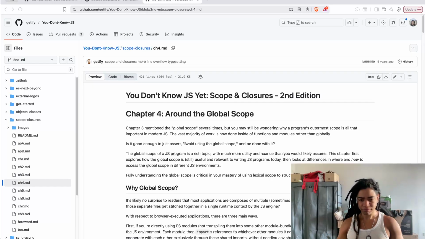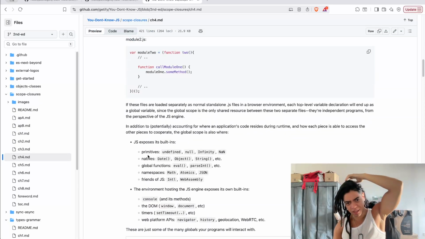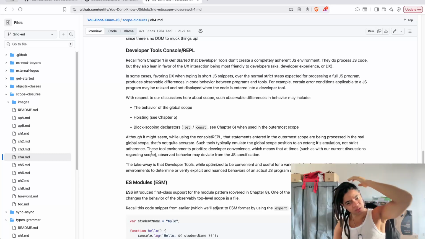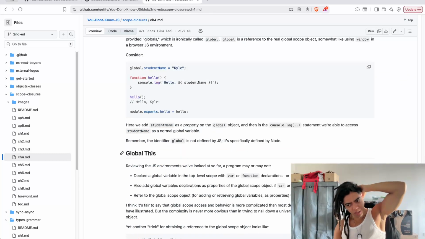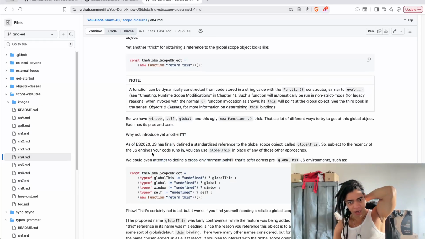So that makes a lot of sense. We know this is good, and that explains a lot of how we can have access to this, and how different objects can cooperate, because at the end of the day,